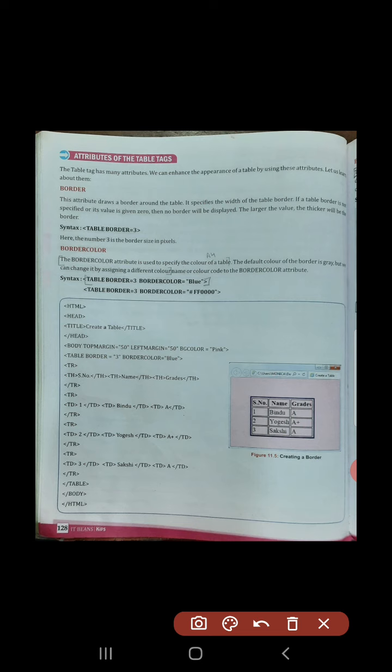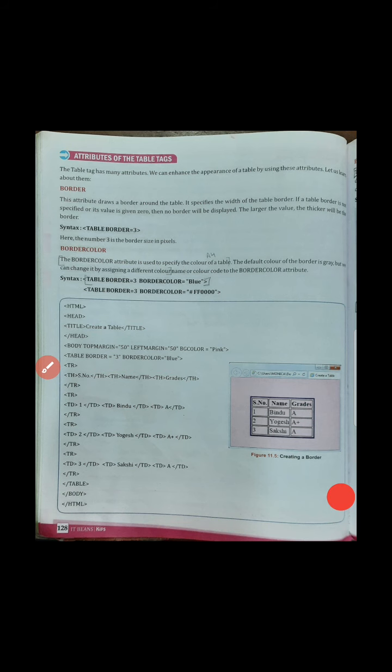So children, this next program also you have to write in your fair computer copy, which contains these two table attributes, border and border color. Okay. The next one is BG color.